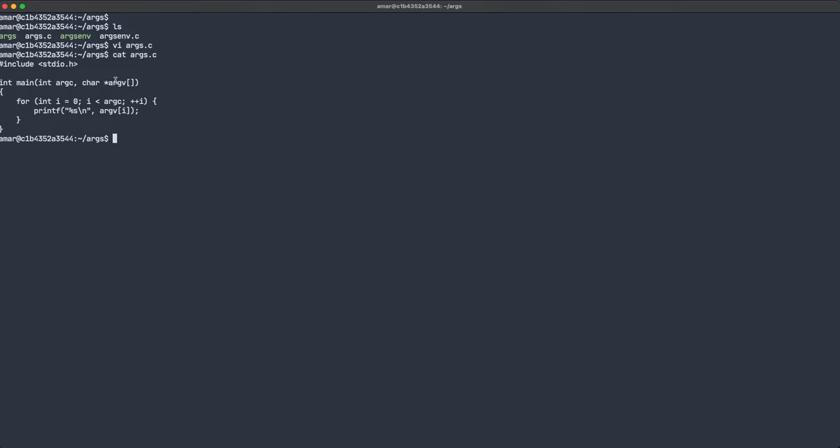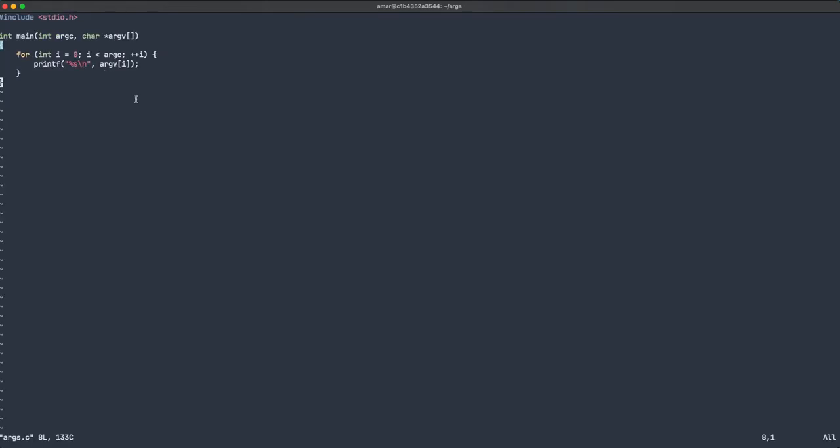Well, not a variable, basically a pointer. So let me just open this in the editor. In C, argv is the pointer. It points to the memory where the arguments that we actually type are, and then argc is just the amount